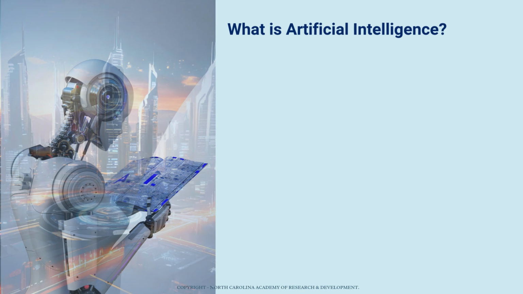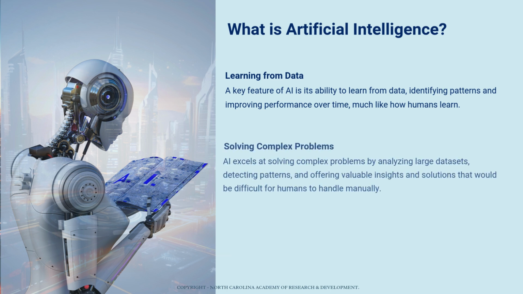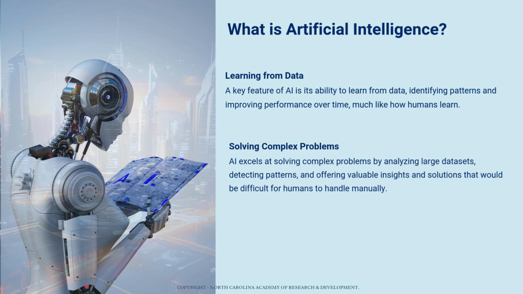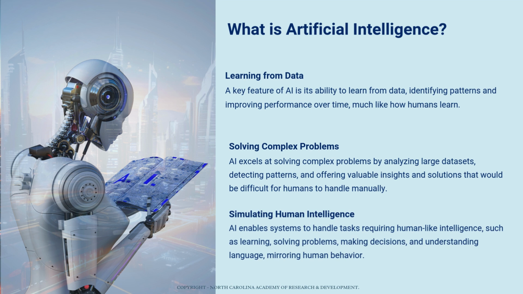Artificial intelligence, or AI, is the science of building systems that perform tasks typically requiring human intelligence. A key feature of AI is its ability to learn from data, identifying patterns, and improving performance over time, much like humans. AI excels at solving complex problems by analyzing vast datasets, uncovering insights, and offering solutions that would be difficult for humans to handle manually. At its core, AI mirrors human behavior, learning, decision-making, problem-solving, and understanding language, while enhancing our ability to tackle challenges